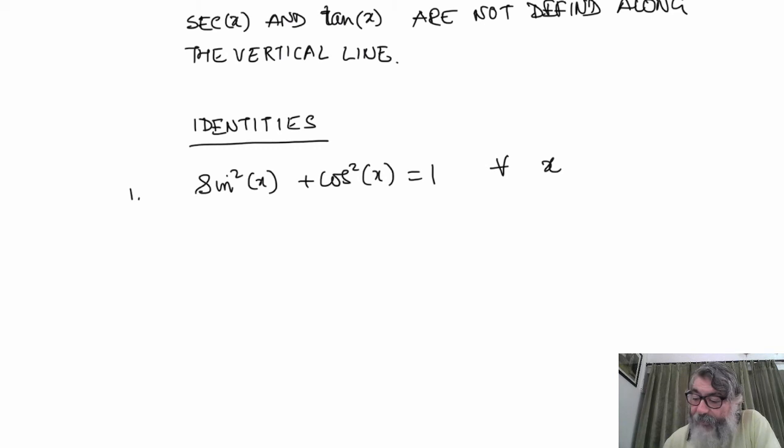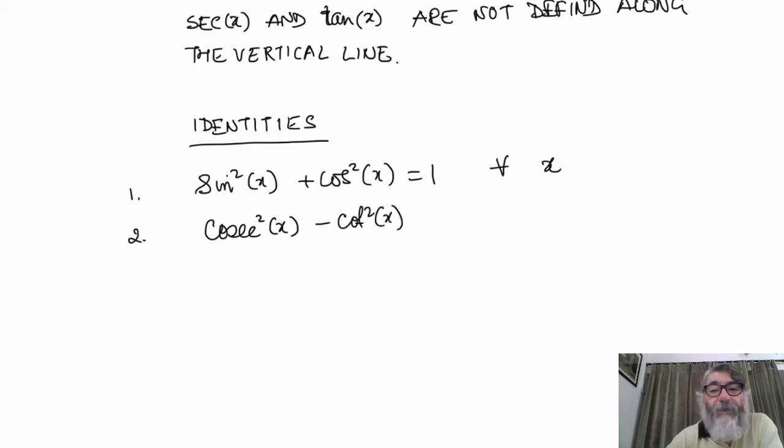Let me see the second one. Cosec square x minus cot square x is equal to 1 also. This also we have read in 10th. Cosec square theta minus cot square theta is equal to 1. I'm just writing x instead of theta; you can write anything, it doesn't really matter. I write cosec square x minus cot square x is equal to 1.